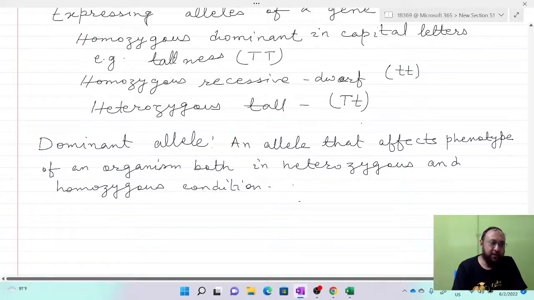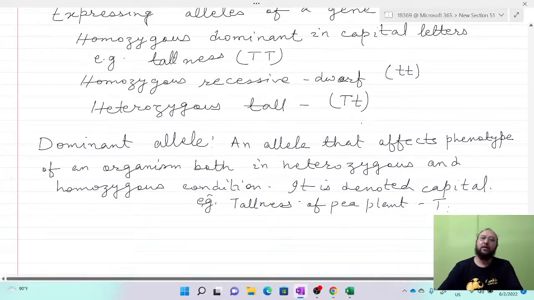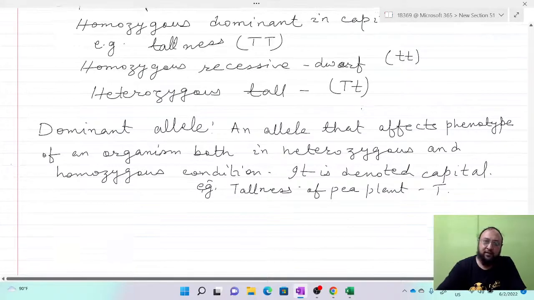It is denoted by a capital letter. That I have already told you, right? Like in case of tall, it is the capital letter. For example, tallness of pea plant is denoted by capital T, right? So this way. And the recessive allele means